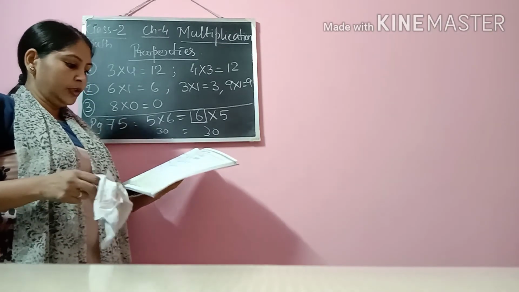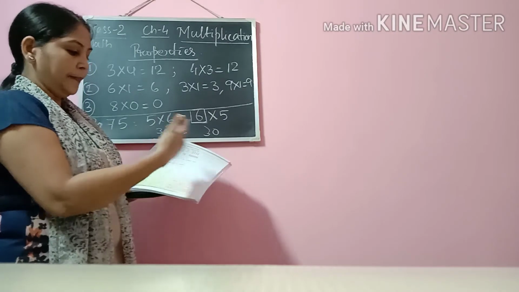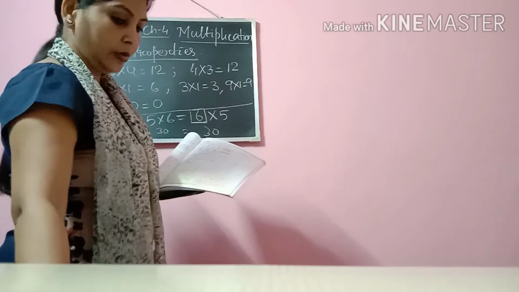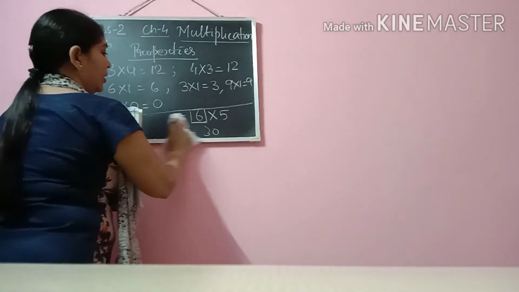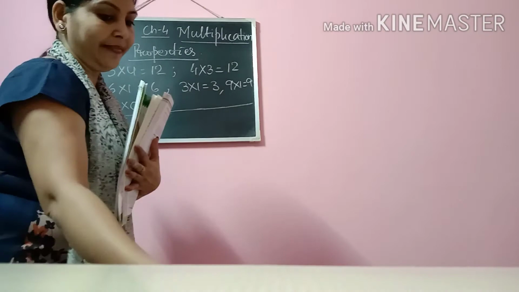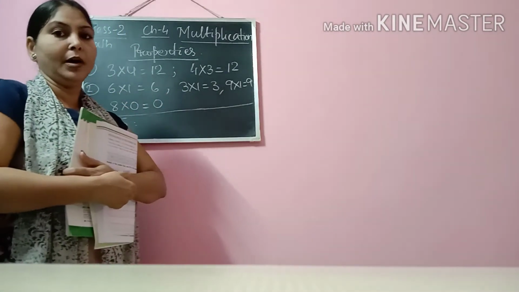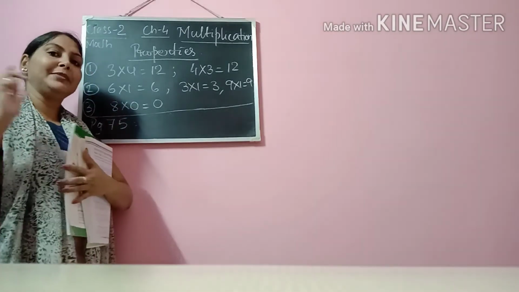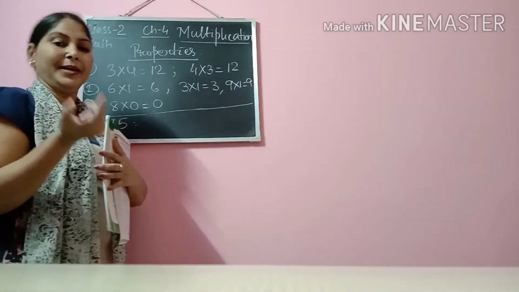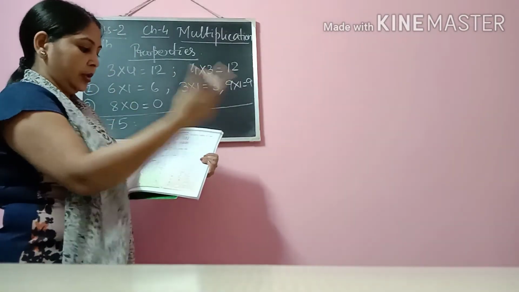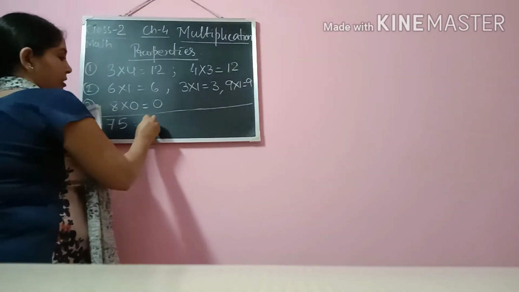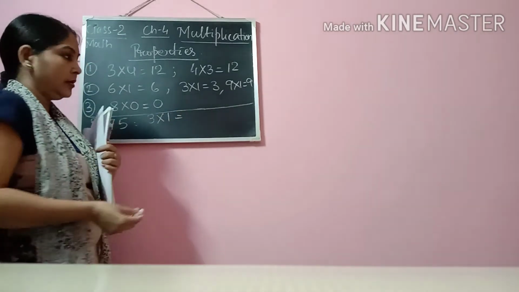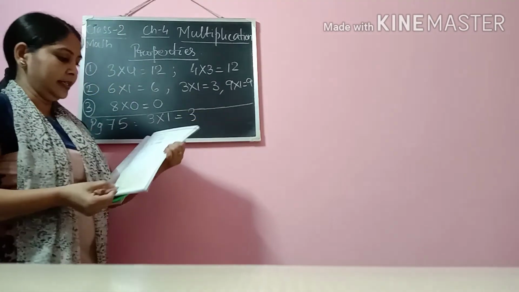Fine. Now when you see towards the right side, this portion is based on the next two properties that we have learned. That is, if we multiply any number by 1, the product will be the number itself. And if you multiply any number by 0, the product will be 0. So based on that, you see on the right hand side, few questions are there. 3 into 1. What will be the answer? It will be 3 only, isn't it?